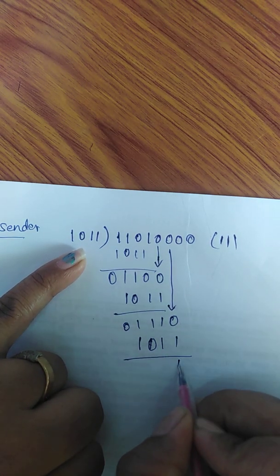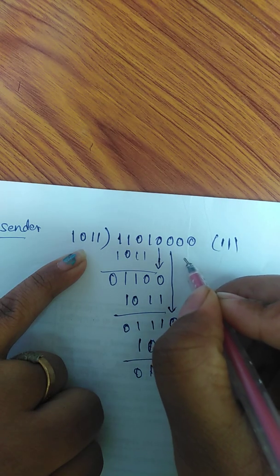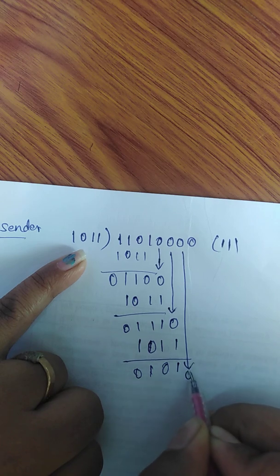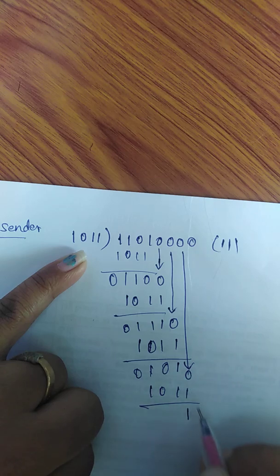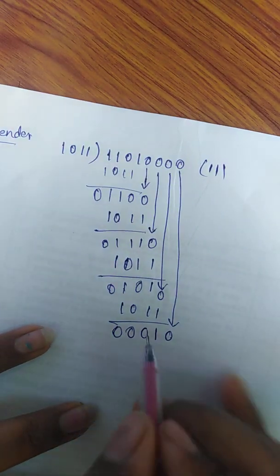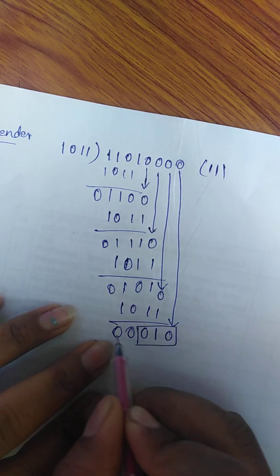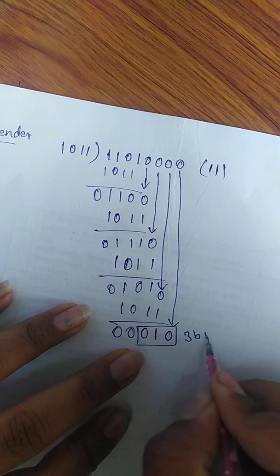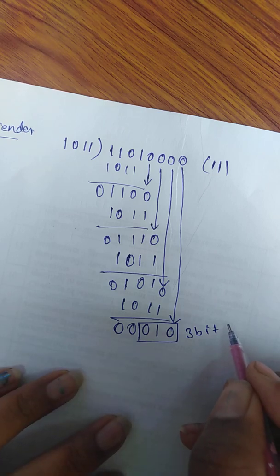Next we take a 1, so 1 0 1 1, then 1 0 1 0, then this 0 we move down, here 1 0 1 1, and we get 1 0 0 0. So this 0 we move down. We get no more values to bring down, we only get the 3 values, this 0 we got. So these 3 bits we call the CRC bits.